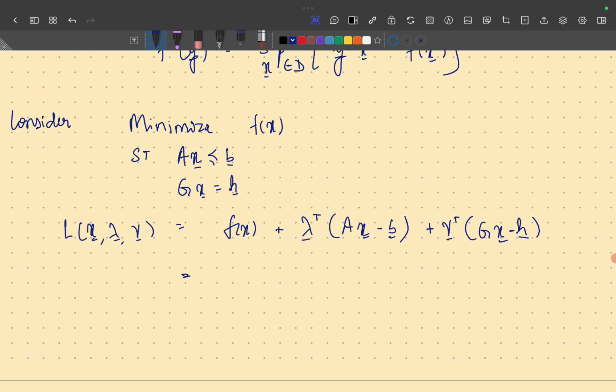Firstly, lambda transpose b doesn't depend on x, and nu transpose h does not depend on x, so let's bring them out: minus lambda transpose b minus nu transpose h. And then I want to express the rest as something transpose x plus this quantity, which is nothing but A transpose lambda, the whole transpose x,